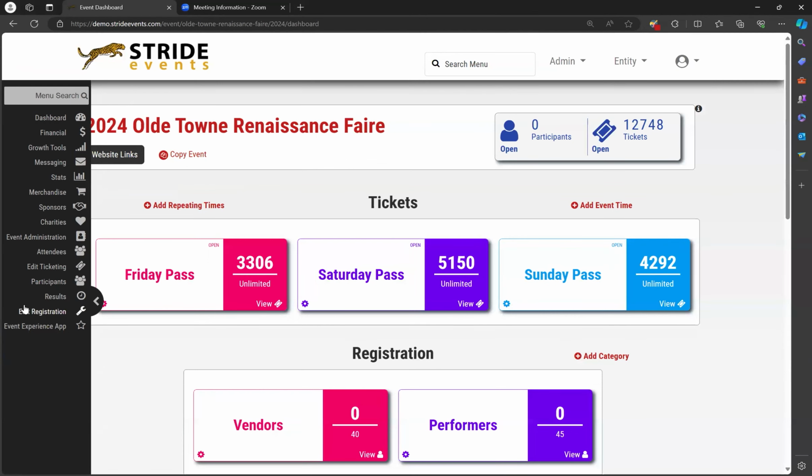The sidebar menu is over here, and it is mostly the same. There have just been a couple of changes. So, you still have financial, you still have growth tools, still have messaging all in the same order. Where the changes kind of start is with the stats